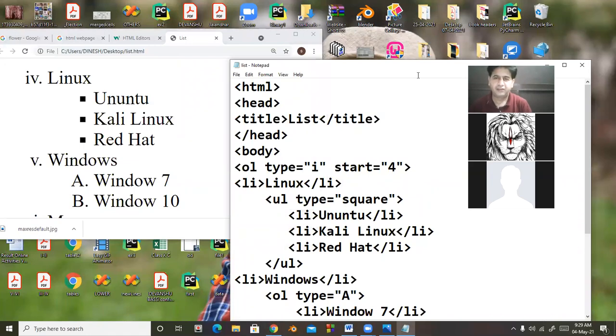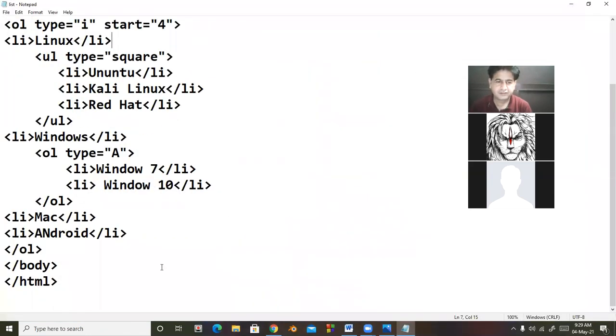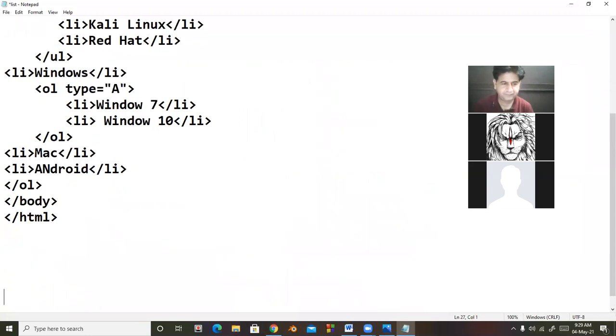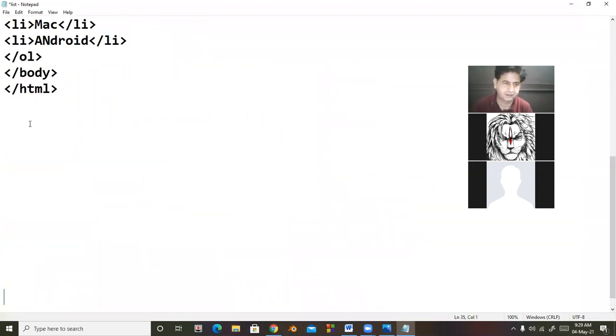So in short, look here, for an ordered list we use the OL tag, ordered list. It is also called a numbered list.